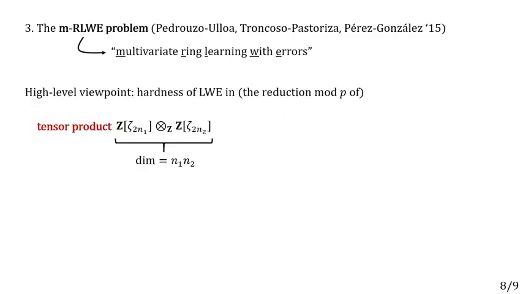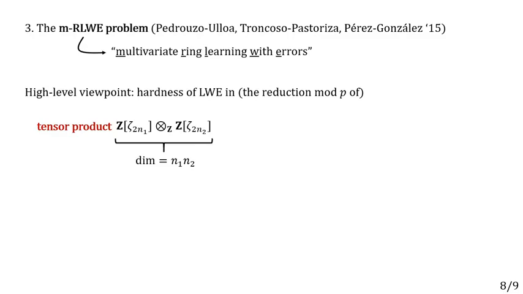So here's a brief slide on maybe a more high-level viewpoint on what's going on here. So basically what Pedroso Olua et al. did was they considered ring LWE coming from tensor products. So this is another way of viewing this quotient of this multivariate polynomial ring, namely as the reduction mod p of this ring, Z adjoint zeta 2 and 1, tensor Z adjoint zeta 2 and 2. Yeah, and then they conjectured that